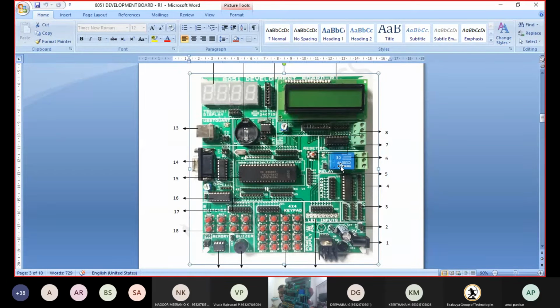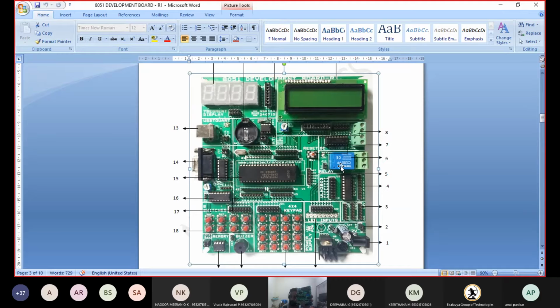For example, if I need to build a fan controller using this 8051 microcontroller, the fan works on alternating current. In those conditions, we use this relay. By using this relay, we can switch it on or off directly, even though it works with AC power.